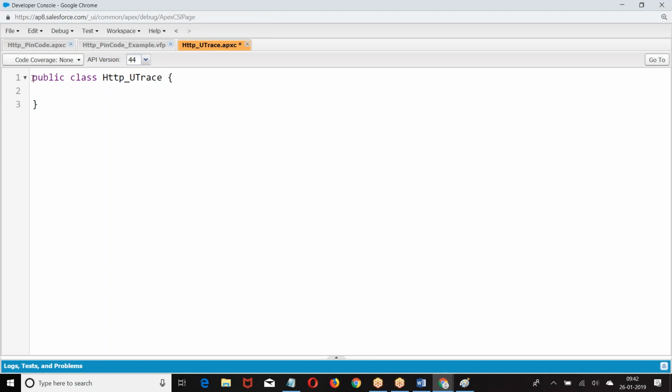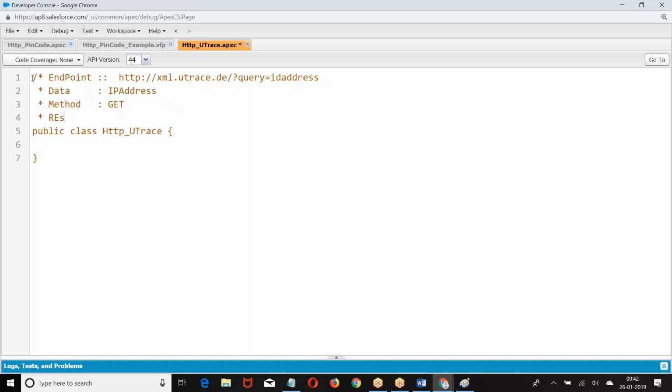Here is the endpoint URL. The response is coming in the form of XML.